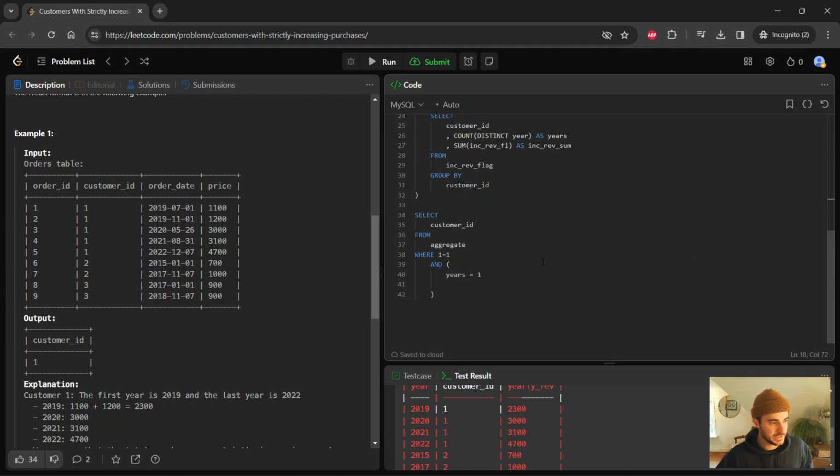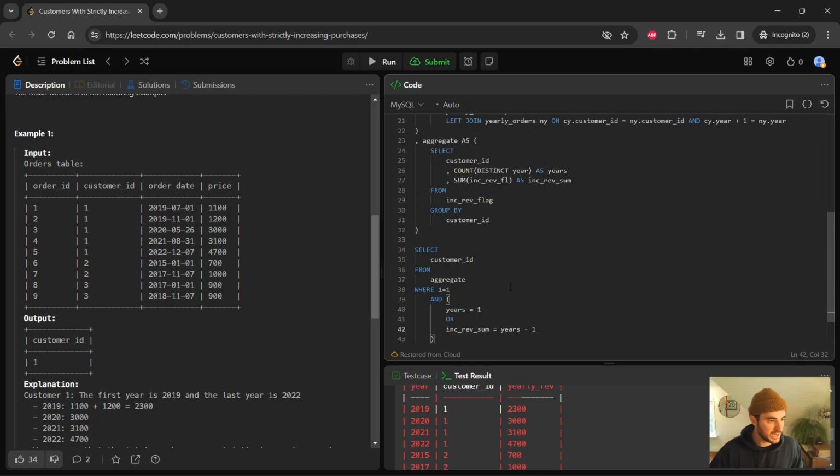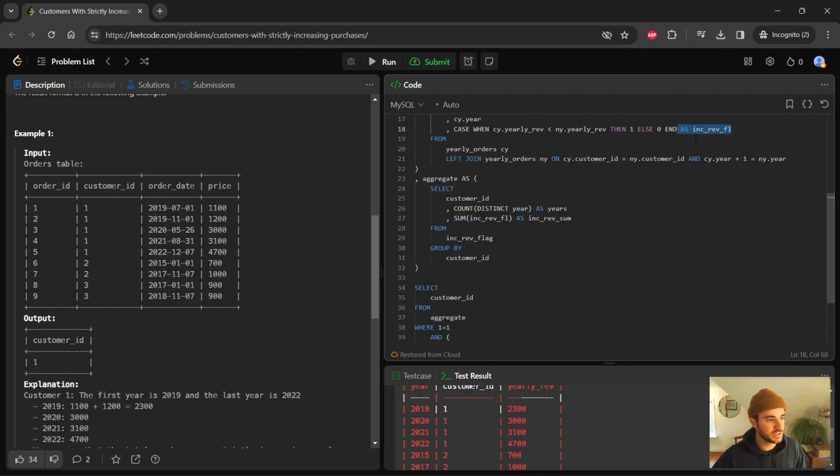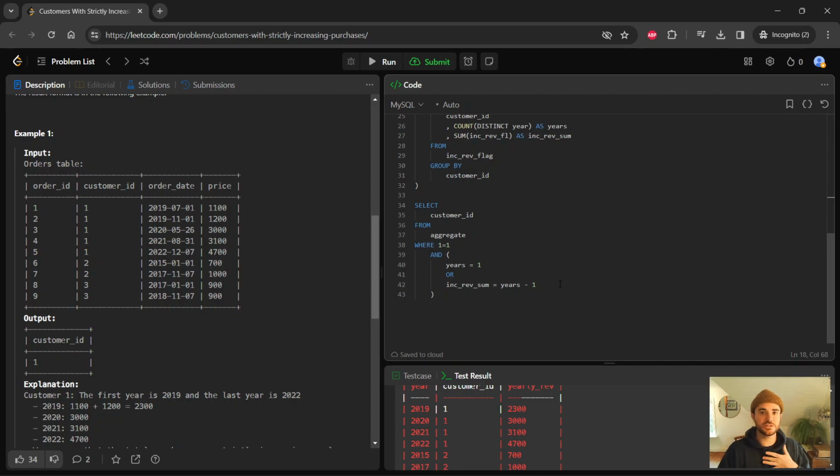And so we're saying, hey, if they've only been with us for 1 year, that's okay. Still bring them in. The other scenario that we want to consider is if the increasing rev sum is equal to years minus 1. Why is this? This is another scenario, again, where because of the last year being 0 here, we want all of their previous year, like any other year that they were part of, they had an increasing rev, then we want to